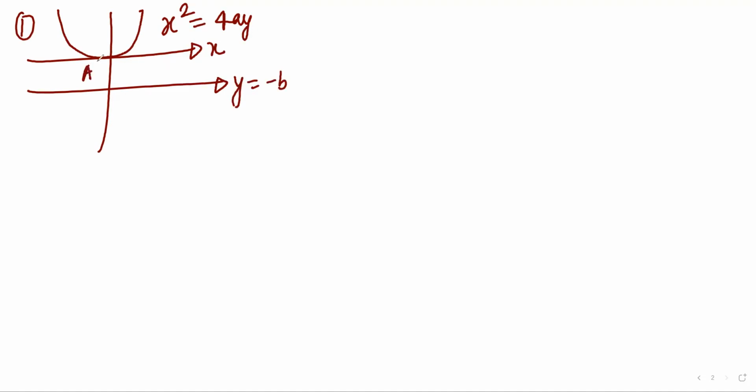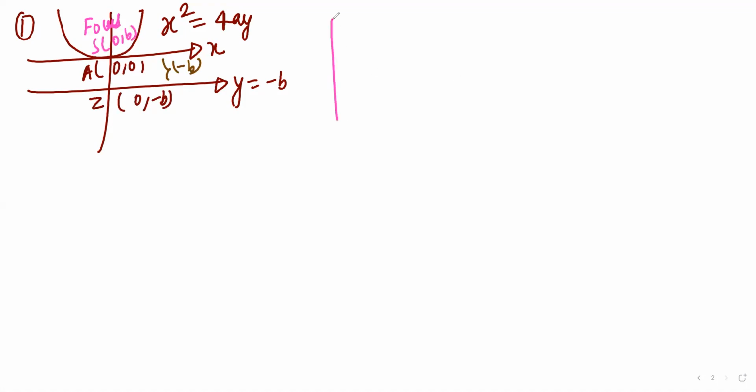This is the origin 0 comma 0, and this is the Z line, that is 0 comma minus b. So this vertical distance is given, right, minus b. So here the focus of this equation will be, this is S, 0 comma b,